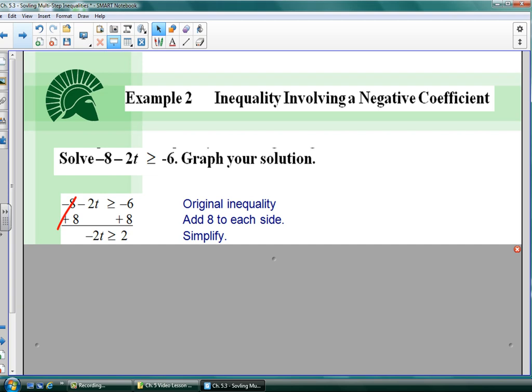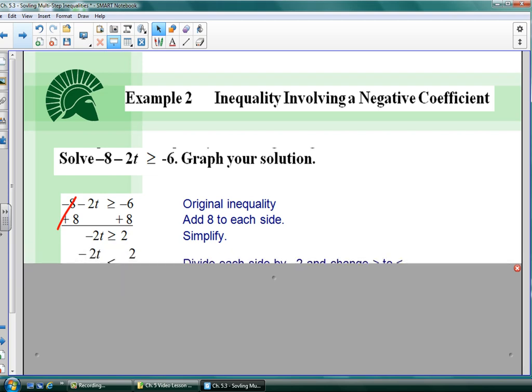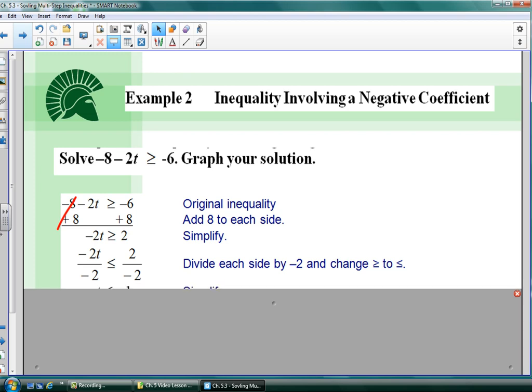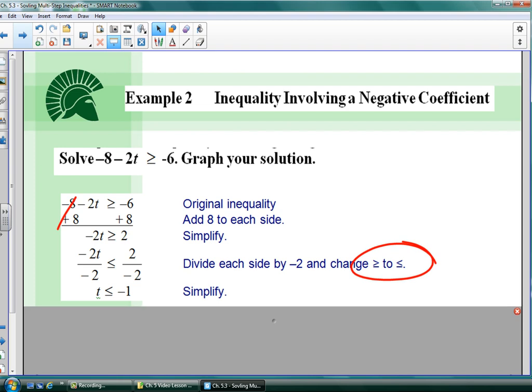And so because the negative 2 is attached to the t by multiplication, we need to divide. We're going to divide both sides by a negative number. And because we're dividing both sides by a negative number, we need to change the direction of our inequality symbol. And that's what it's saying on this side. When we do that, we remember from previous lessons that that actually preserves the truth statement that we have here. It preserves the fact that when I divide by a negative or multiply by a negative, I have to flip this inequality symbol. Okay? What we end up with is t is less than or equal to negative 1, because we had to flip our inequality sign,